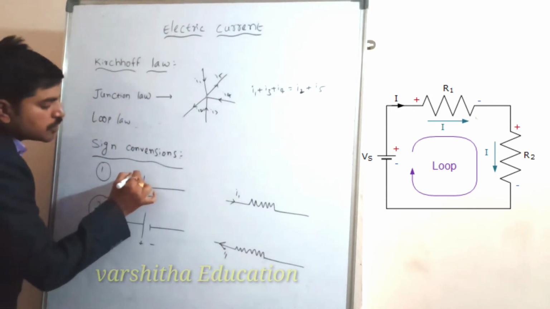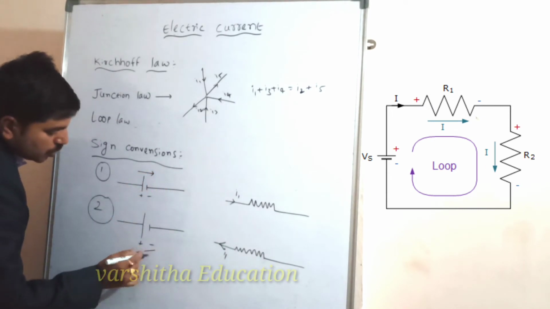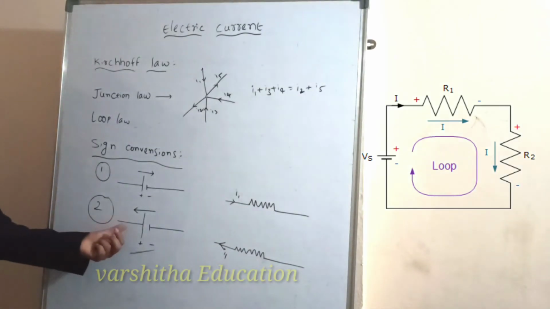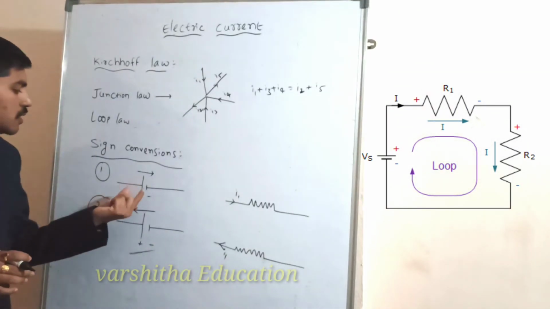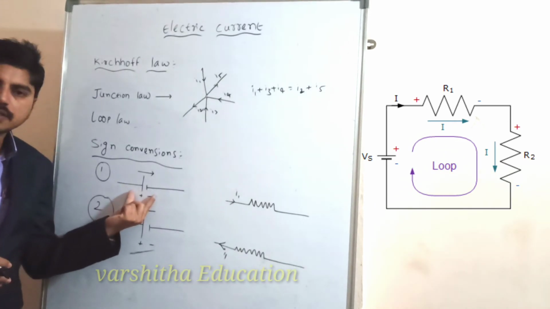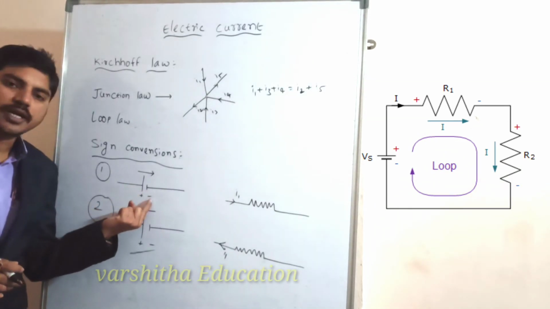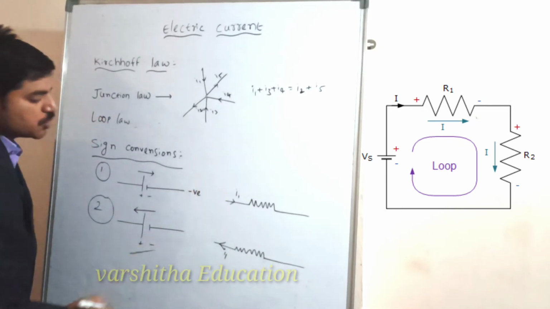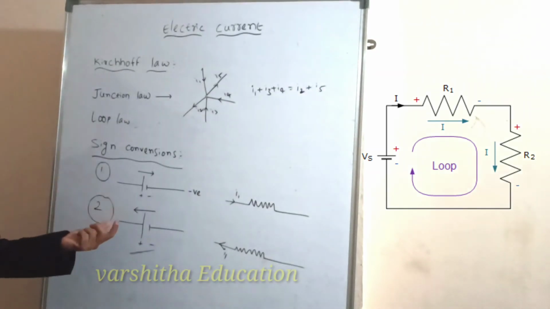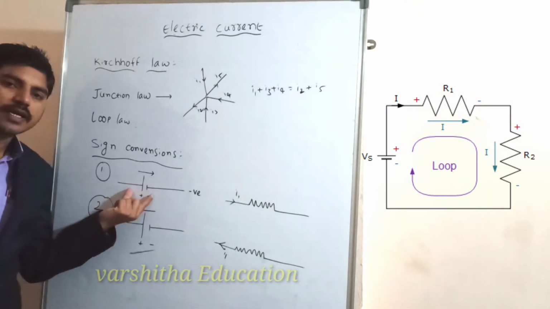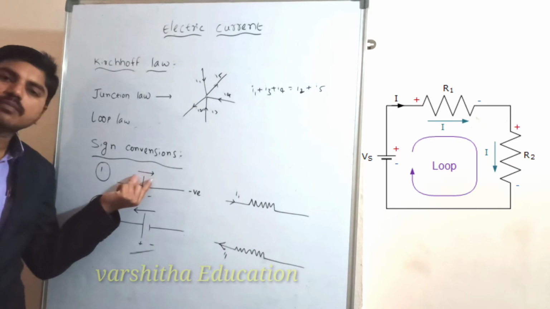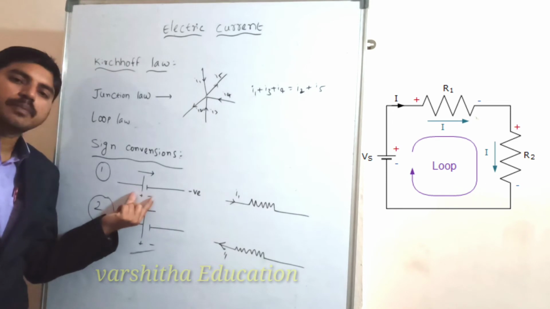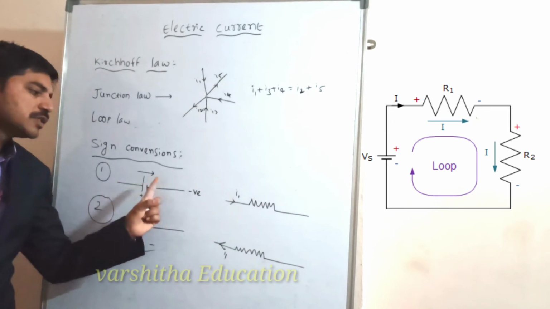Okay, now the positive to negative and negative to positive in this situation is helpful. Now I will explain: if I take a battery in the circuit, and the direction is positive to negative, then the potential values must be taken as negative. So simple, just keep in your mind, if the battery shows positive and negative, the flow of potential or the flow of current, in a particular battery, positive to negative means the resultant